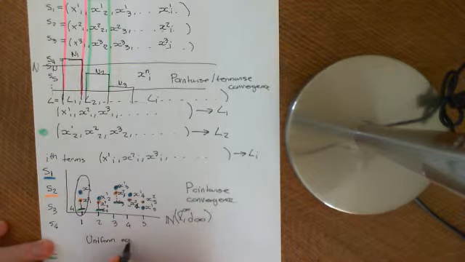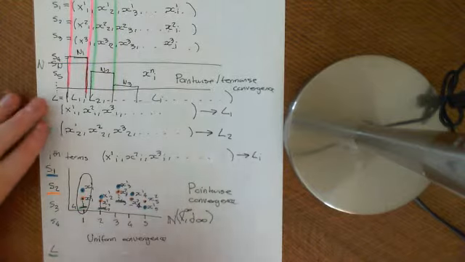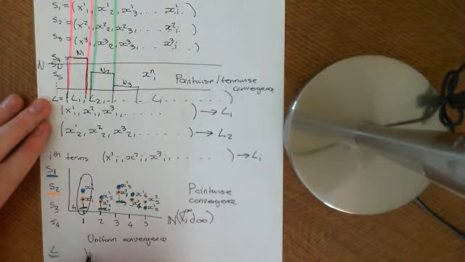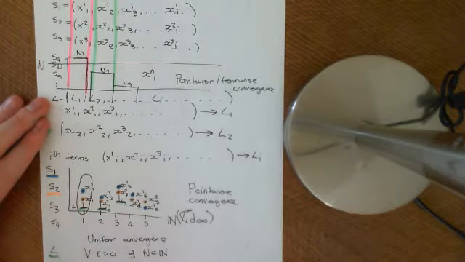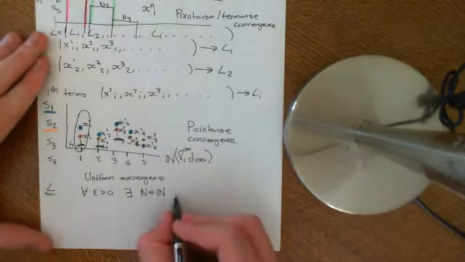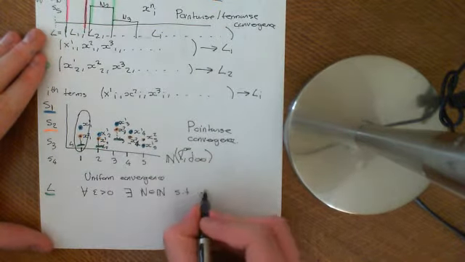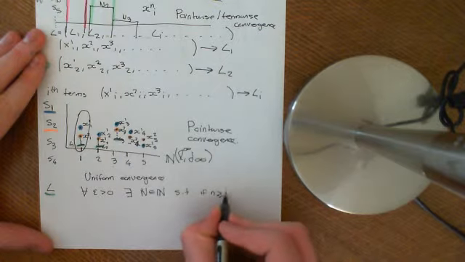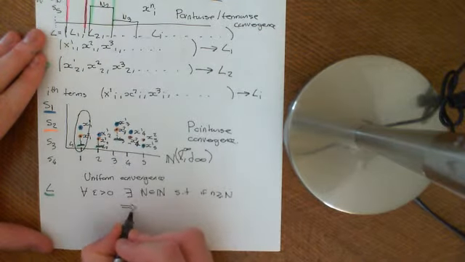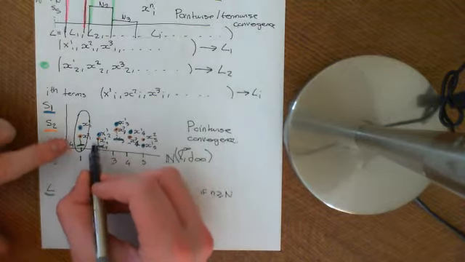And what uniform convergence corresponds to in this picture is that for all epsilon greater than 0, there exists a natural number, a big N, which is an element of the natural numbers, such that if little n is greater than or equal to big N, it implies that all of these sequences,